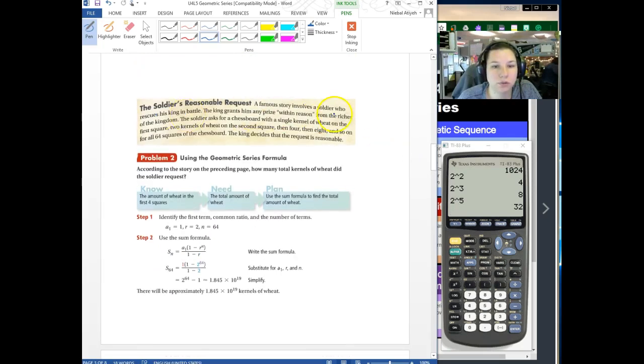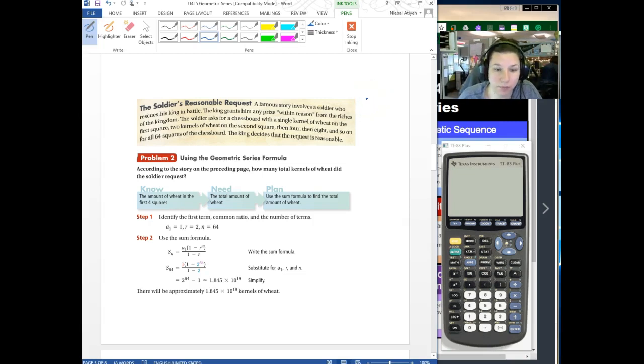According to this story, a famous story involves a soldier who rescues his king in battle. The king grants him any prize within reason from the riches of the kingdom. So the soldier cleverly asks for a chessboard with a single kernel of wheat on the first square, 2 kernels of wheat on the second square, then 4, then 8, and so on for all 64 squares of the chessboard. So the king decides that that's reasonable because he hasn't actually done the math to figure out what that's going